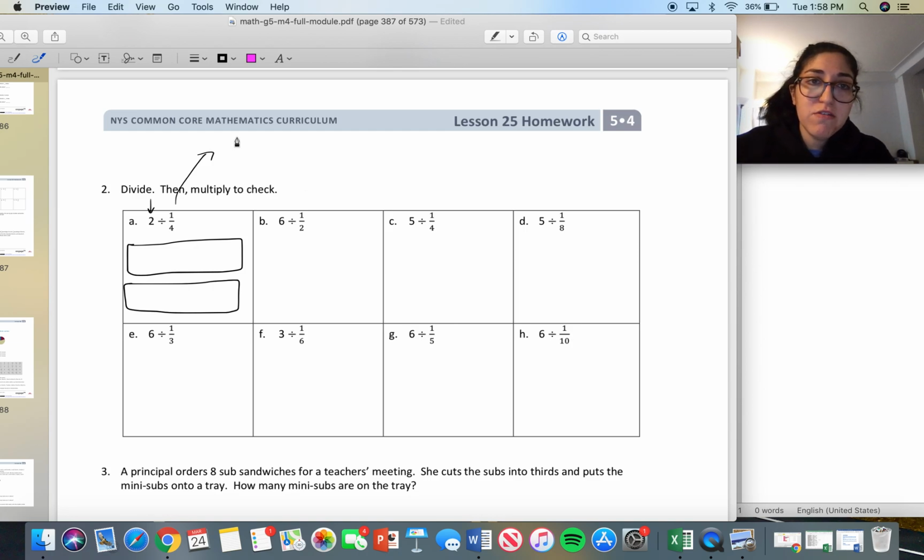What number is it? It's 1/4. That means each group, think about it this way, right? I have 2 cakes, and I am going to split each cake into fourths. Each group is going to be 1/4. So here I would do 1, 2, 3, and there's my 4th. And then again here, I would do the same thing. 1, 2, 3, and there's my 4th.